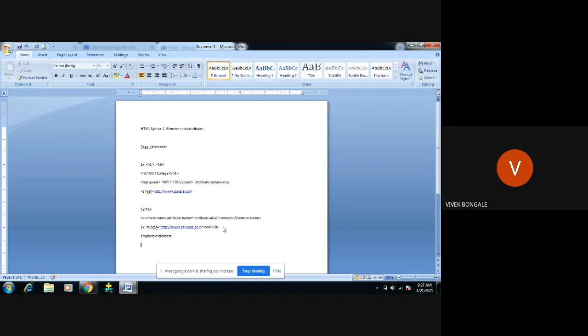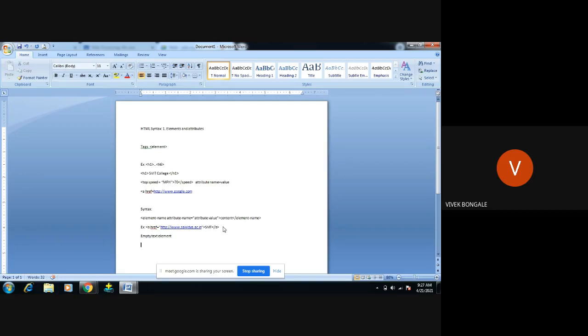I will repeat: by the name itself we can say empty text element. That element means a tag. I use a tag, but after using it I am not giving any attribute value or any content value.